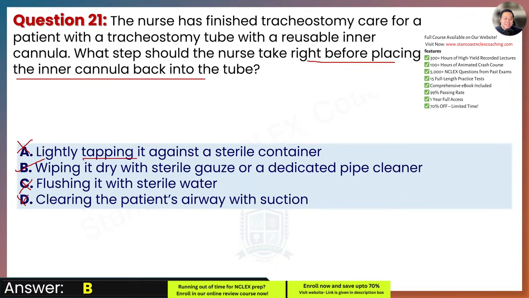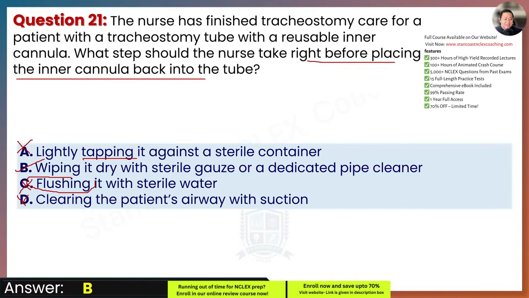All right, what about letter C? Flushing with the sterile water. This is also a timing issue. We know that flushing happens earlier in the cleaning process, not immediately before reinsertion. And if the cannula is flushed again right before placing it back, it remains wet, and it increases the risk of aspiration, irritation, and infection. So the word flushing should signal you that this step is already completed earlier in the process